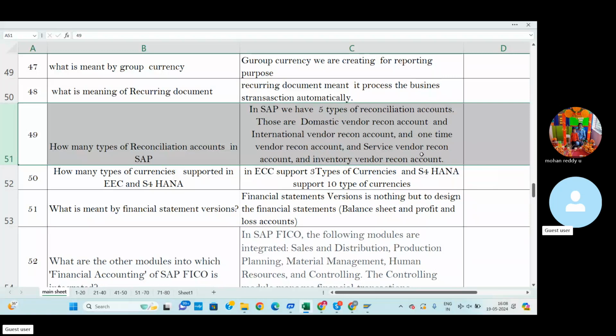And the service vendor reconciliation account. For example, if in the organization we buy a machinery, then we contract with the vendors regarding this machinery. The service time is 5 to 10 years.